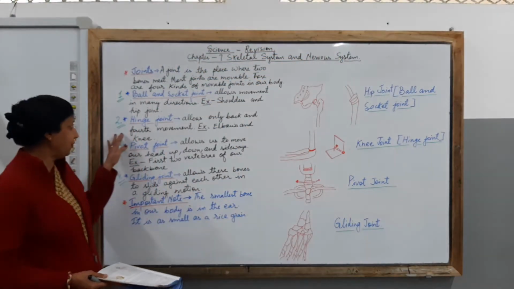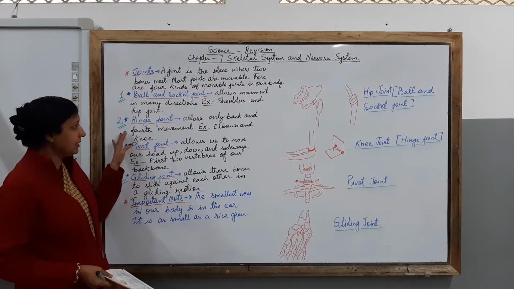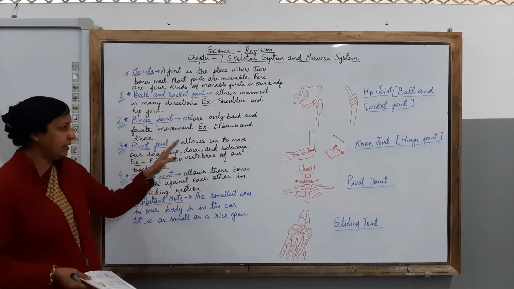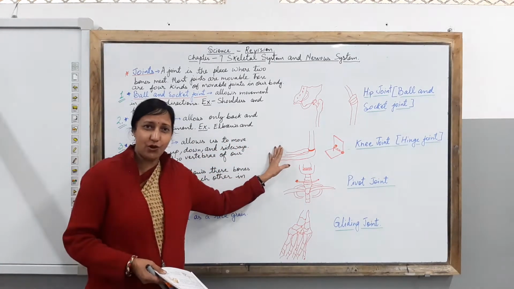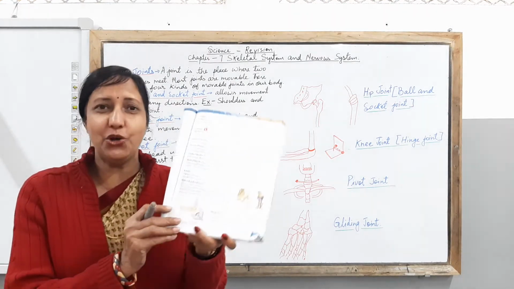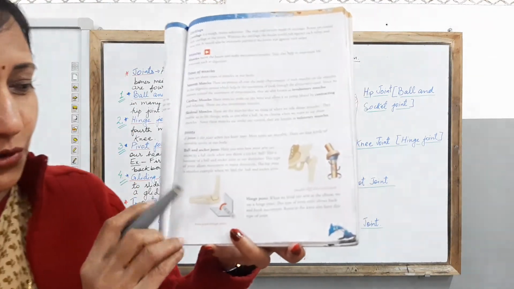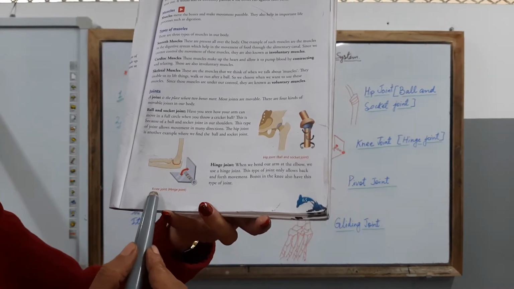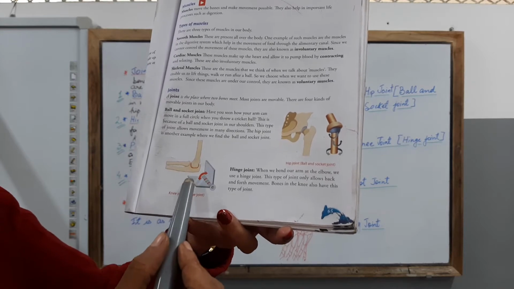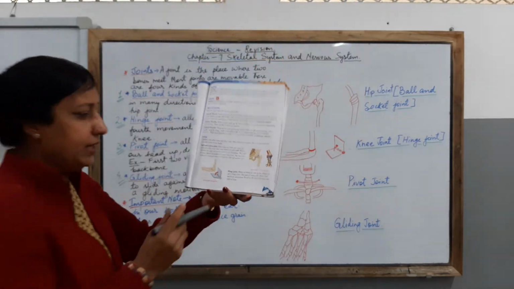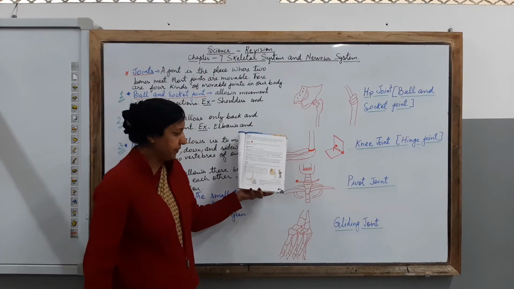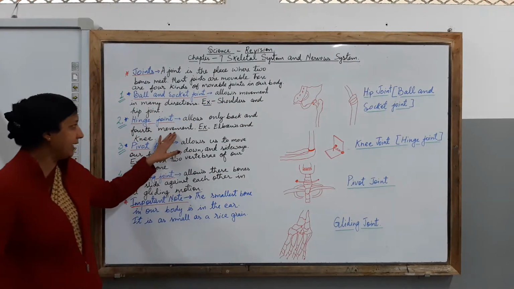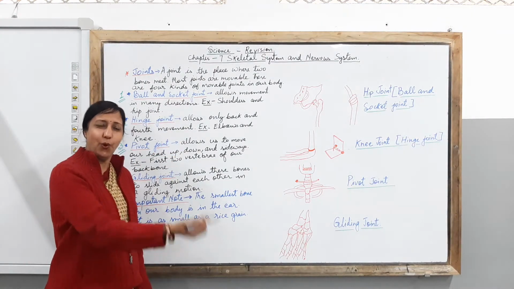Then children, I have explained to you about the hinge joint, that is allowing only back and forth movement. An example is the elbow and the knee. Here you can see the diagram which I have drawn carefully, and here you can see in your own textbook also where I have drawn the diagram from. This is the kind of joint which I have drawn, and it is known as the hinge joint, and it is located in your knees. Like this, you can see. And this kind of movement is only possible which allows back and forth movement.